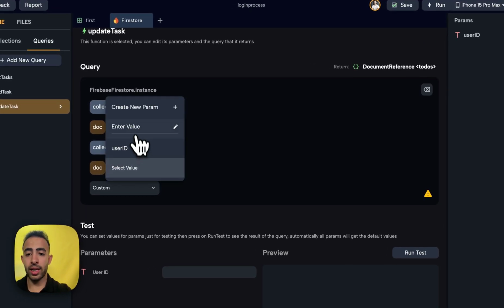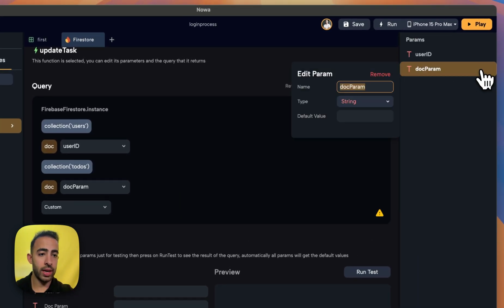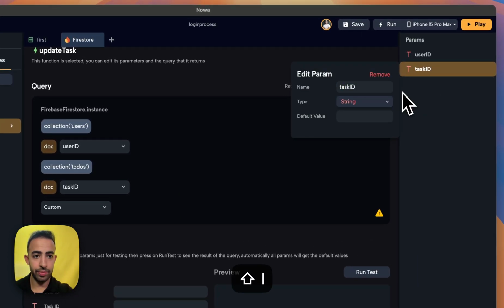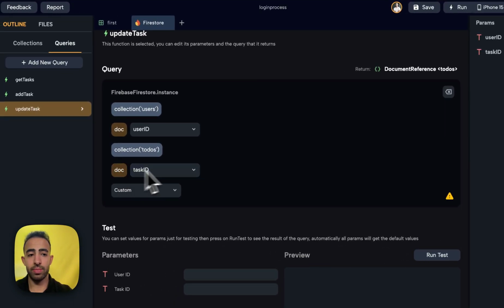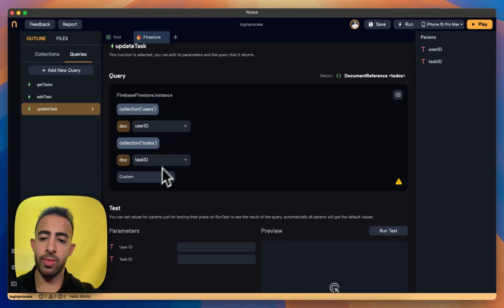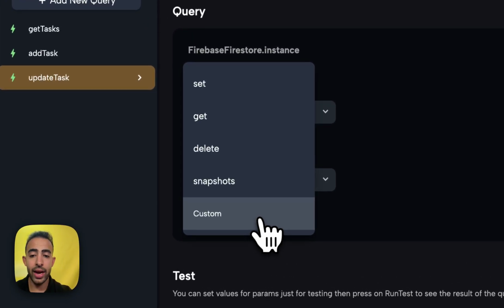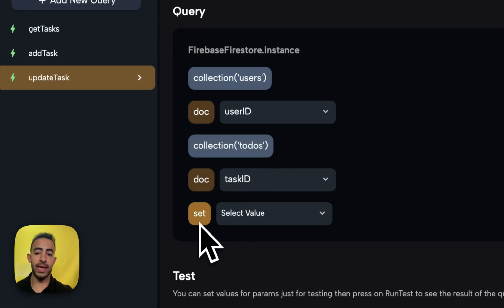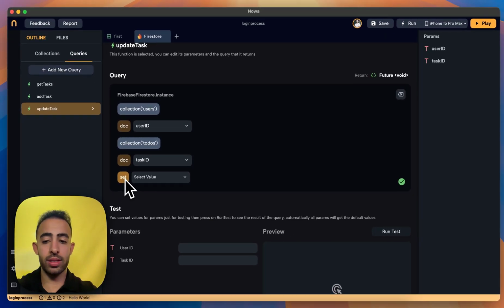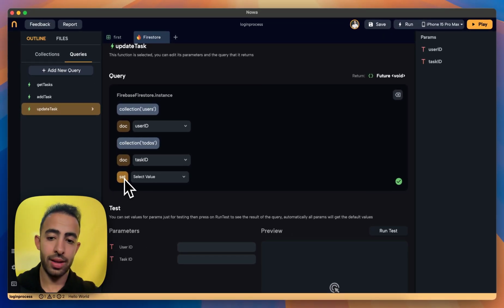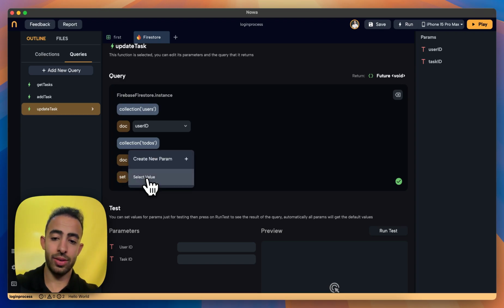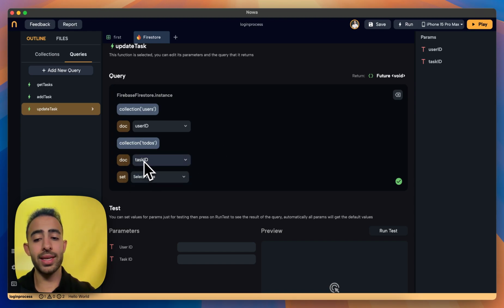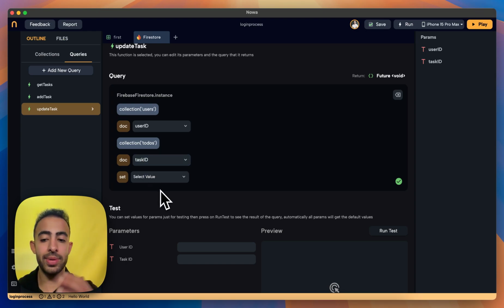So here I'm going to create another parameter and I will call it task ID, and it's a string as well. So if you choose to create parameter, you need to worry about the type. And then I want to set. So set means you're going to pass a new document and update instead of the one available. So here I need to pass a new task object or to-dos object to the to-dos to update to like. So I'm gonna take the same ID and just like get the content and update it with the new content